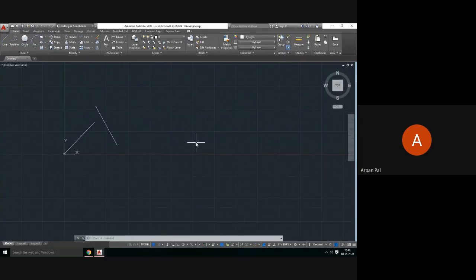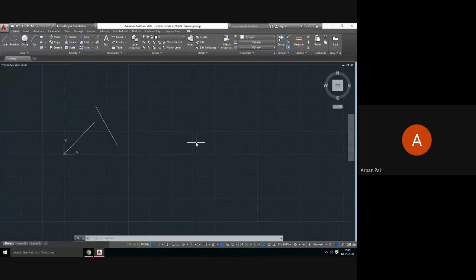So only for drawing this line there are so many methods, and during the drawing, whatever figure is given to you, according to that you need to quickly take the decision which method you will use. Okay. Some people normally use this coordinate method. Some people use the dimension method. Some people use this angular system. So which will be faster for you? That is your challenge.